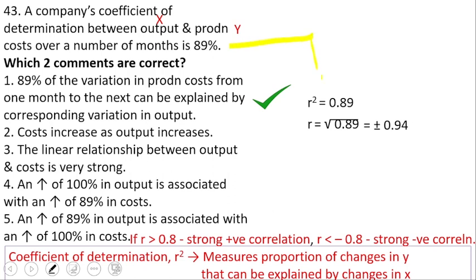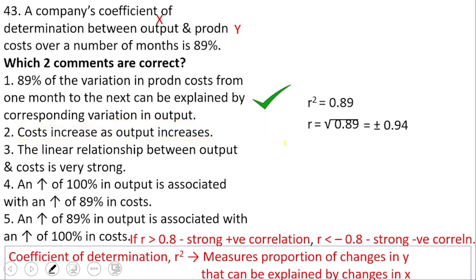Now, in the question, they have said R squared is 0.89, which means that R, the correlation coefficient, is the square root of 0.89, which is plus or minus 0.94. Now, let's get back to comment 2. Cost increases as output increases. Generally, we know that cost will increase when output increases, but this is not always the case. Once we increase the output, we might get a discount, which means that the cost might actually reduce when output increases. So we cannot confirm the second comment,